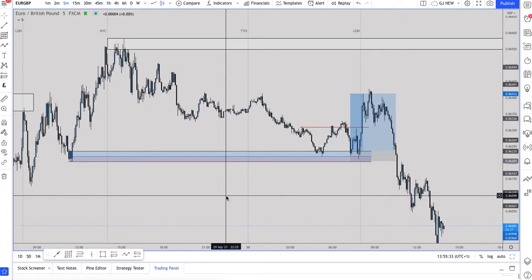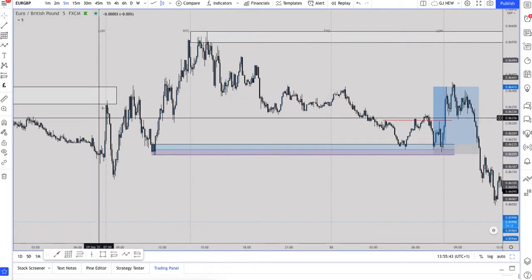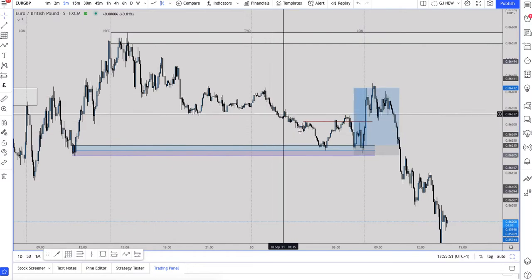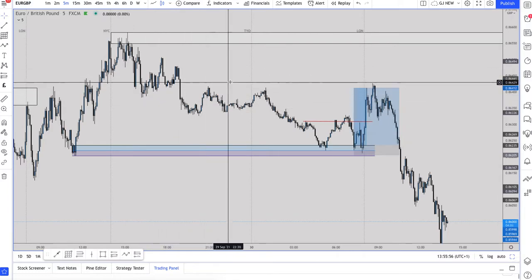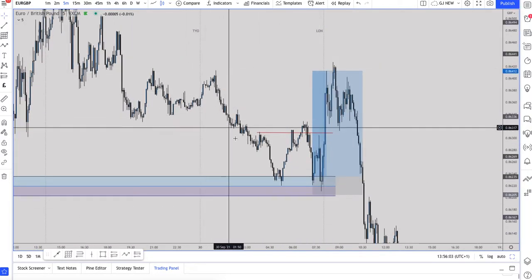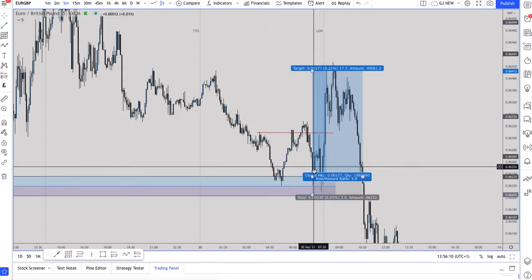This is EG. You can see it on the micro time frame, 5-minute. The chart's really nice and easy to read, and this is basically based on structure. Clearly, structure-wise, we have higher high, higher low, higher high. This is our last significant point of interest and our last low point. Waiting for price to come into this area, we can see that we've had this big push up, then this nice slow move back down, and then we've come into our significant point of interest with the lower time frame confirmation structure here. These previous highs have been taken, then price has come back in, bang, and we've had that